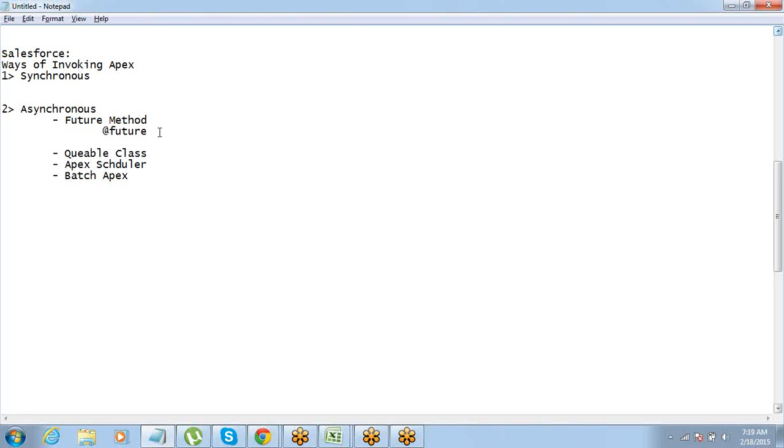Let's say your method has some record to be created. In the method I'm creating a record, and I click on the button. On click of the button, the record should get created. Now, if it's a normal method, then what happens? It will try to create the record. If it finds the resources are not available,